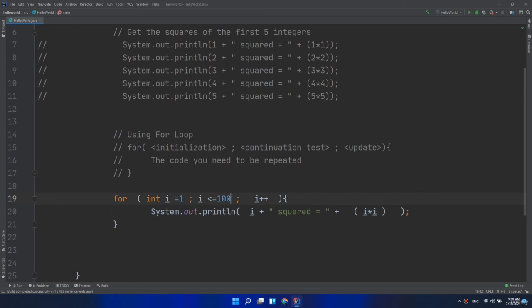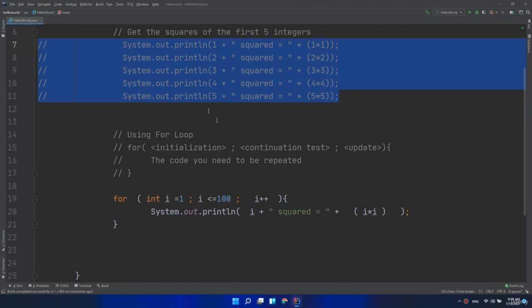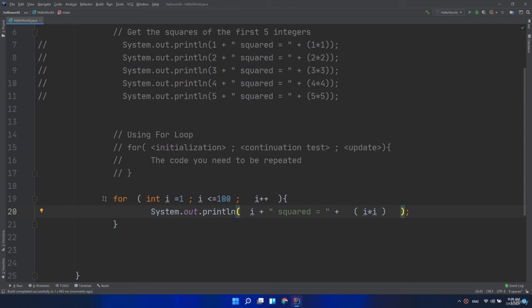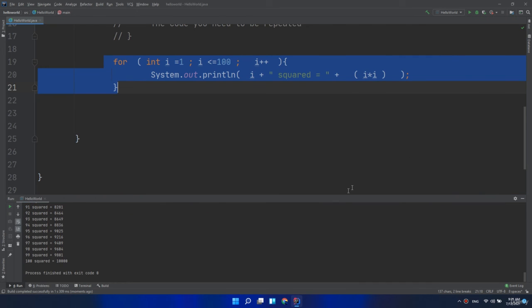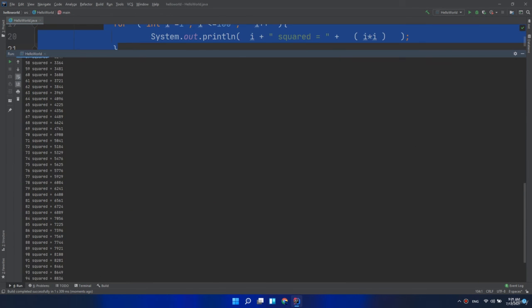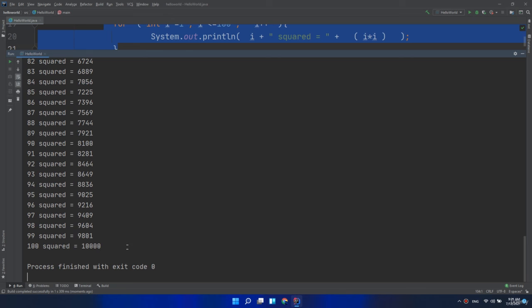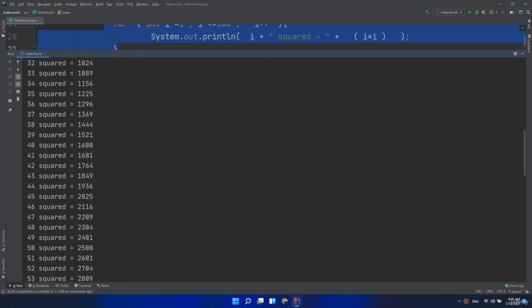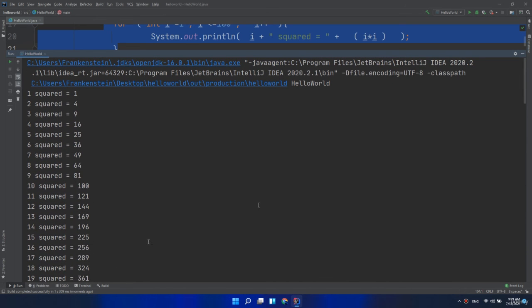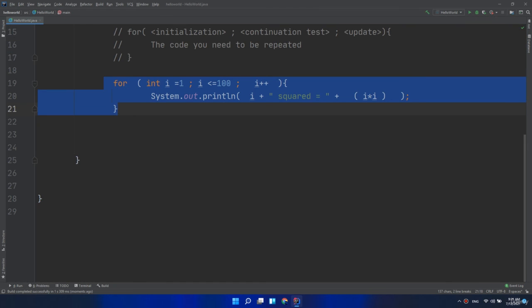If i is less than or equal to 100, I would need to write 100 lines like this. The loop is executing it in two simple lines. So it's very simple. You see, guys, I got the square of the first 100 numbers in a very simple way